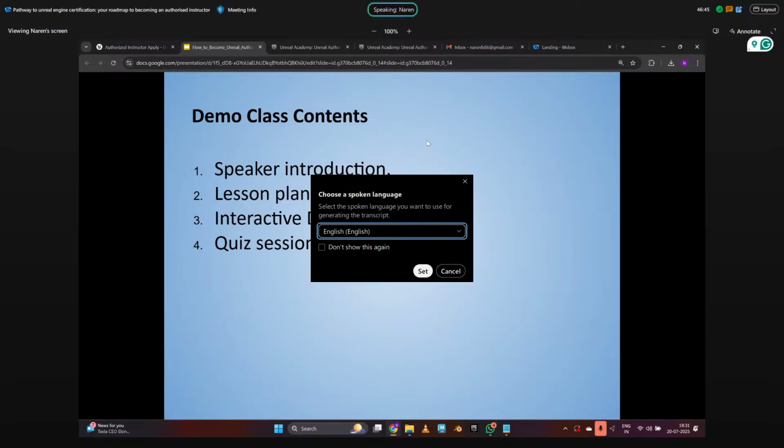Then make sure you also conduct different quiz sessions with your students. So minimum 3 students, and they should all be 18 years and above. These are the conditions. And it should be a picture in picture, and it should be in one sitting. There should not be any break of any sort.